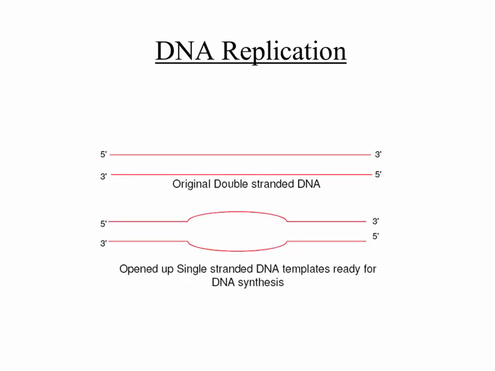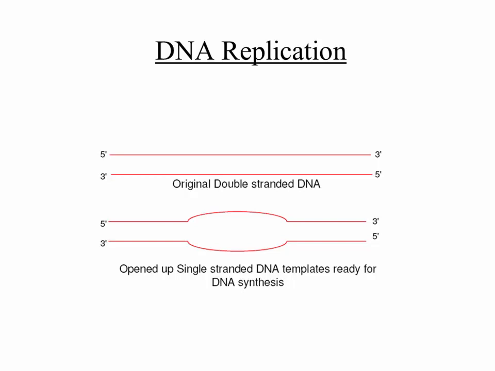Now there are some complexities associated with DNA replication, and we are going to take a look at them one by one. The first thing is that you have this original double-stranded DNA, with a 5' to 3' direction on one strand and 5' to 3' on the other. Now you have a replication origin, let's say here at the center. Initially the two strands come apart there, and starting from the replication origin, the strands are coming apart in both directions.